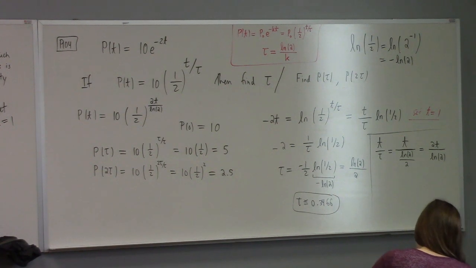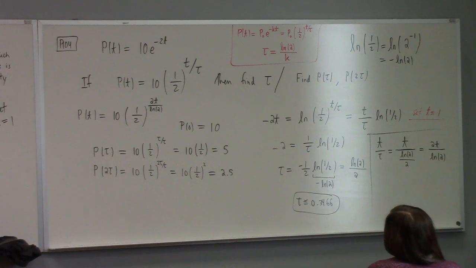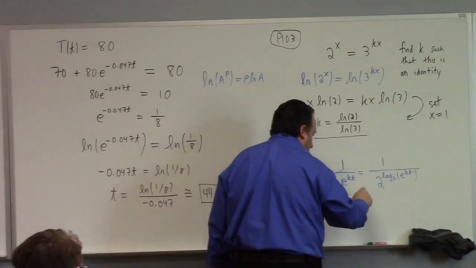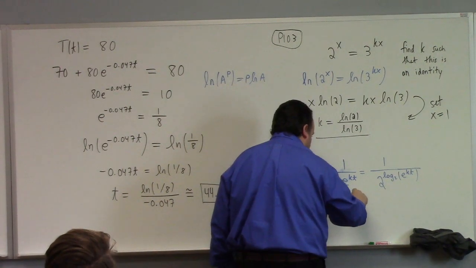And then if you really use your imagination, you can see that's 1 over 2 to the log base 2 of e to the kt, which is equal to 1/2 to the power kt